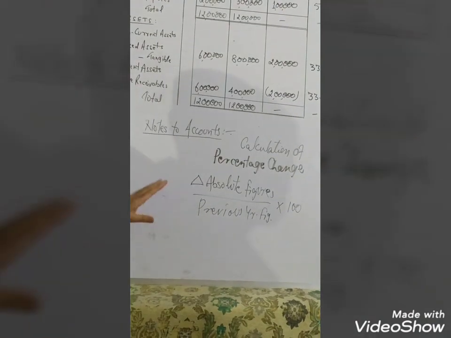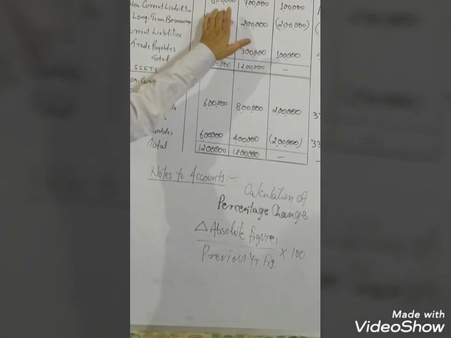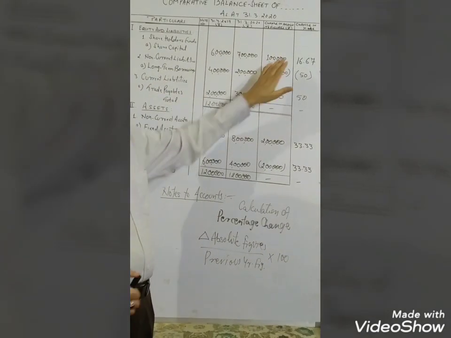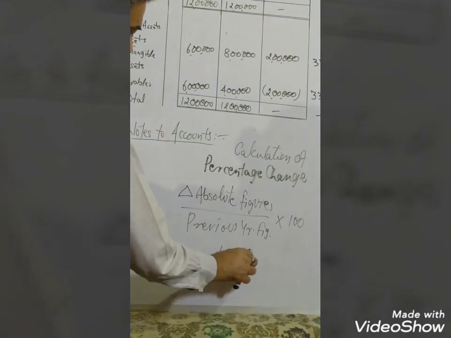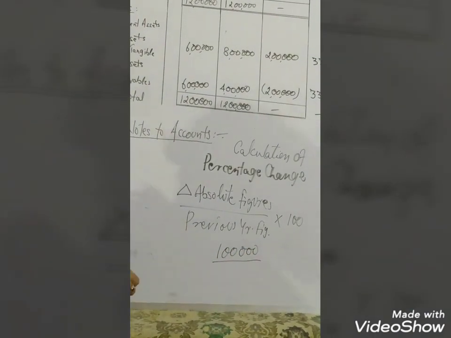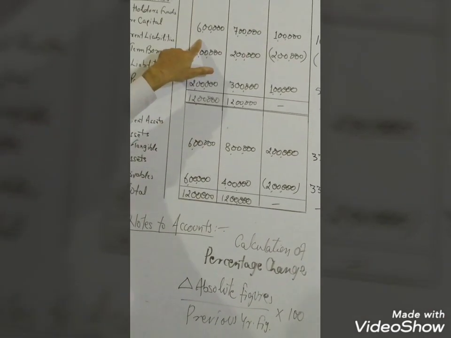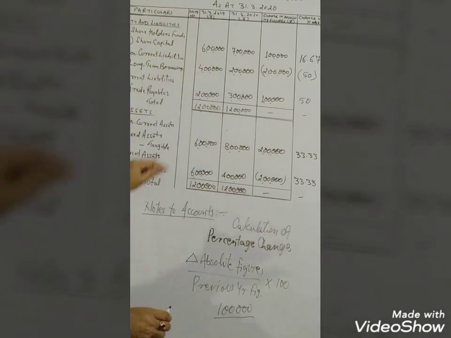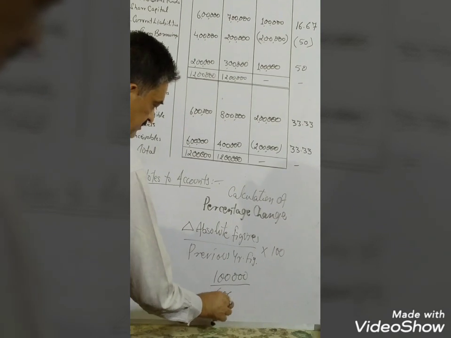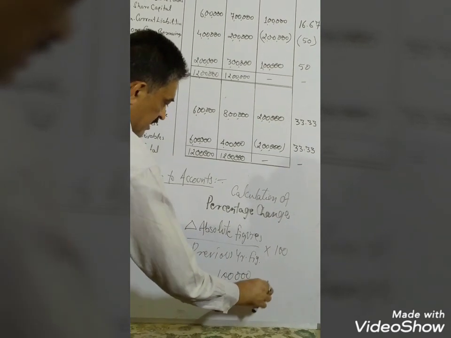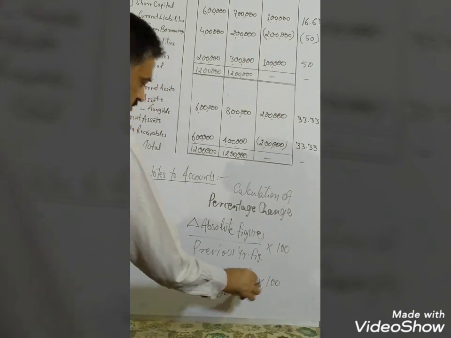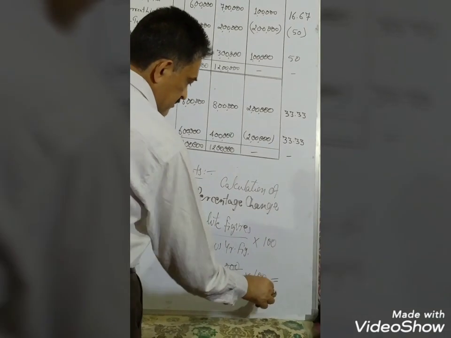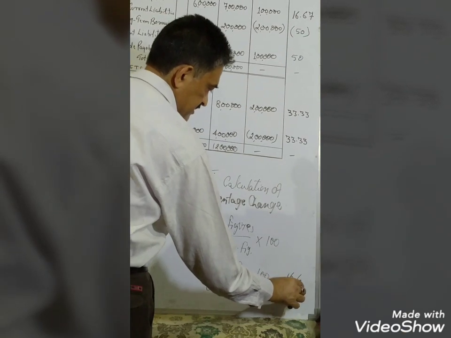This is the formula for the calculation of percentage change. Now for the first, absolute change of rupee 1 lakh, we have to mention rupee 1 lakh as absolute change. Previous year figure is rupees 6 lakh, that is for the year 2019. 6 lakh multiplied by 100. So after going through the calculations, it works out to 16.67%,